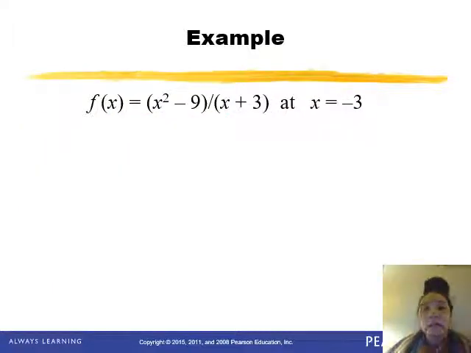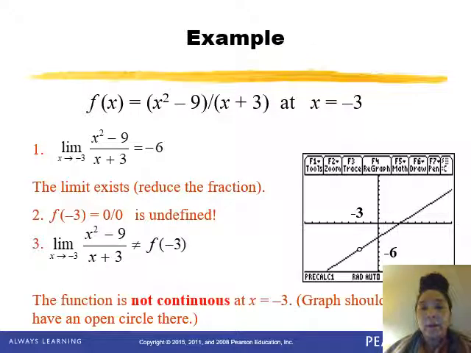Let's take a look at another example. This is a rational function. So the first function was linear. This is a rational function. So let's do all of the properties now of this rational function using the properties of a continuous function. Now you can see here at number 1, they come up with this value